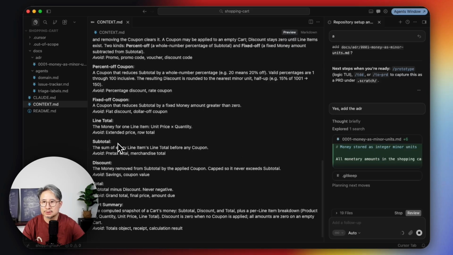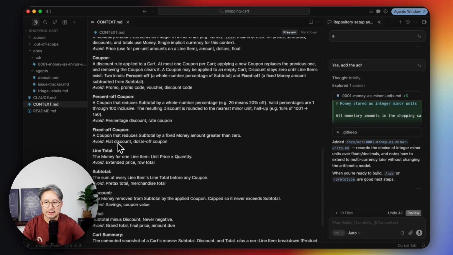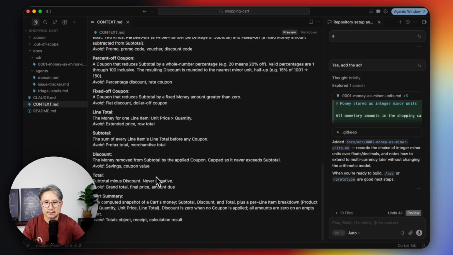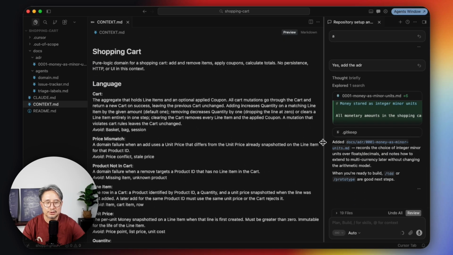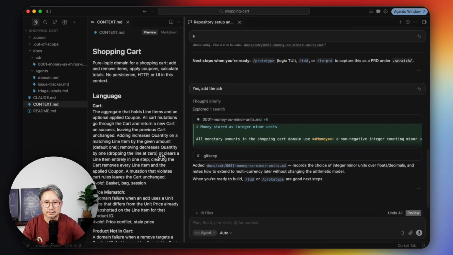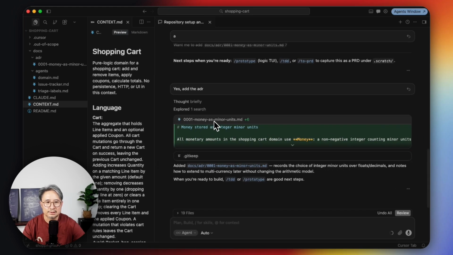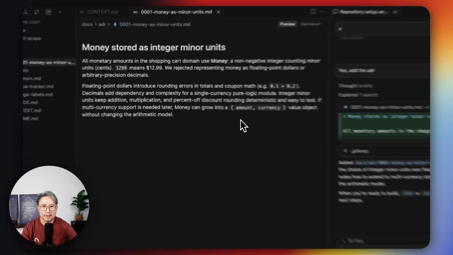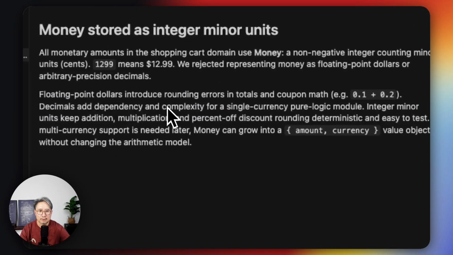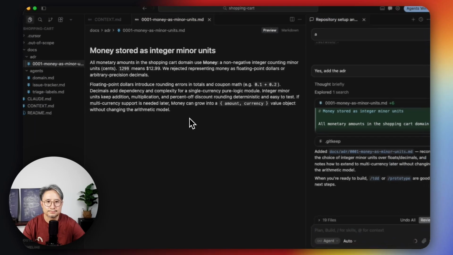It just records all the necessary glossaries and decision logs by summarizing the answers that I give. Every detail, every corner has been recorded. And you will see a money-as-minor-units.md file has been created, which is one of our ADRs. It's very simple, but it's very critical to be aligned and stable during the entire development life cycle.